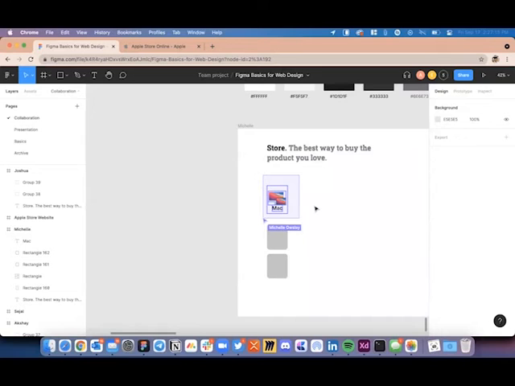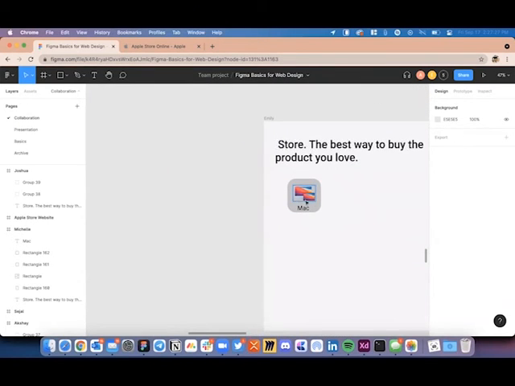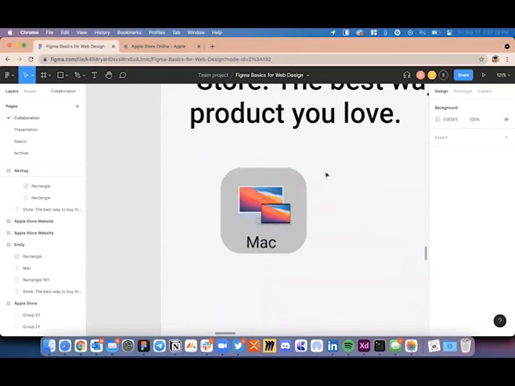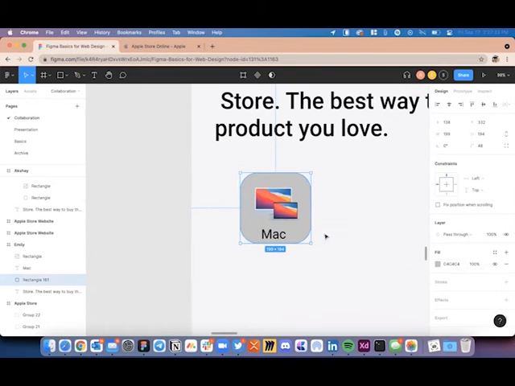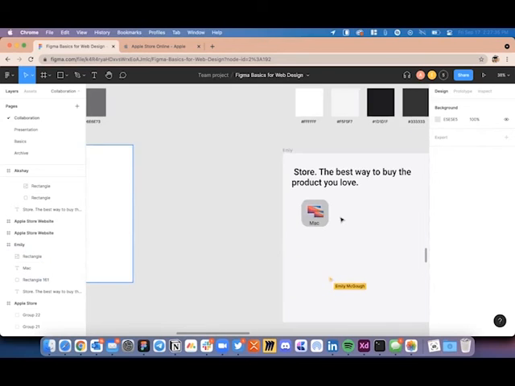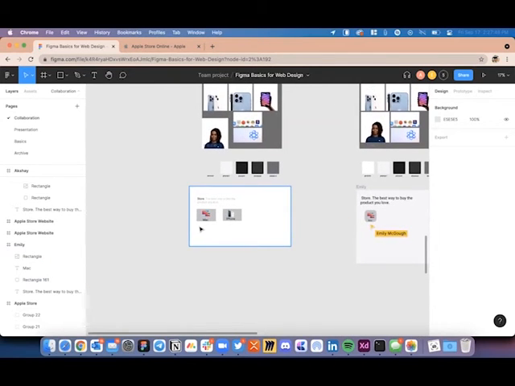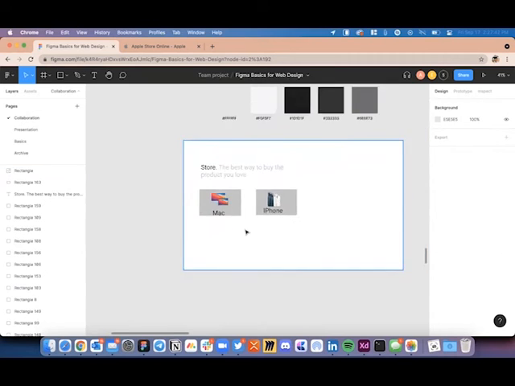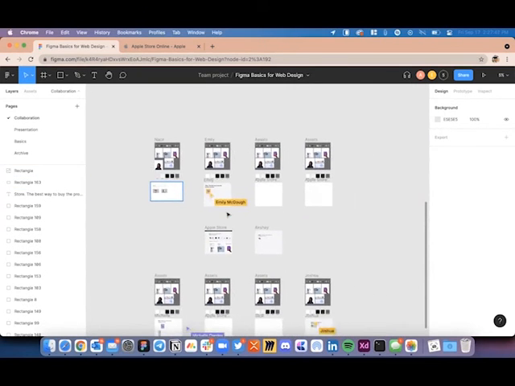Control G or Command G. Perfect. And then I think Emily, the same for you. And once you have grouped it, you can reduce the opacity of the rounded rectangle. And I think same for Nazir, yeah.